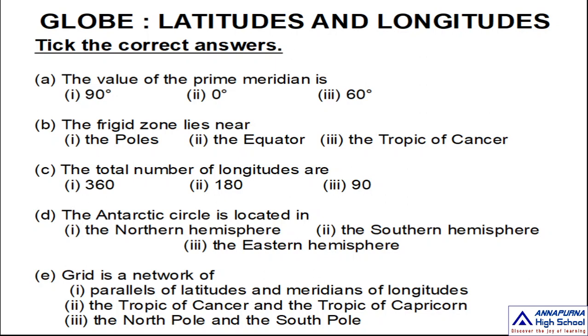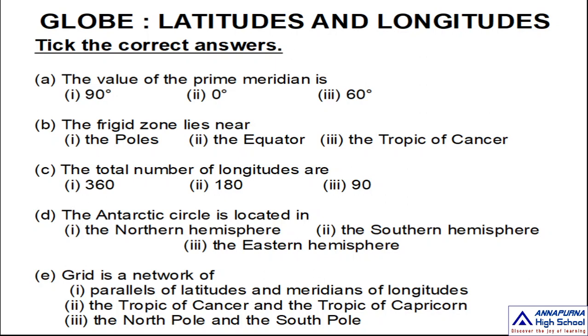The northern hemisphere, southern hemisphere, the eastern hemisphere. Hemisphere means half part of the earth. Two lines divide our earth into two equal halves. What are those two lines? 0 degrees longitude and 0 degrees latitude. 0 degrees latitude divides the northern hemisphere and the southern hemisphere, and 0 degrees longitude divides the eastern hemisphere